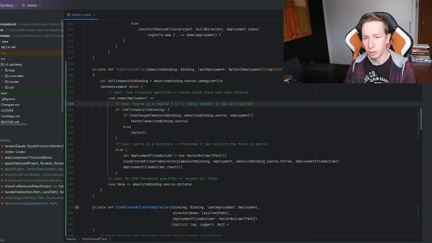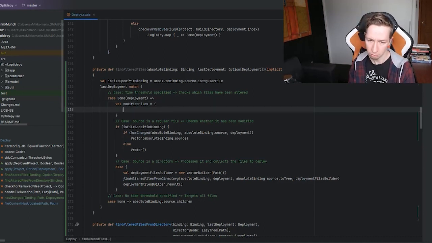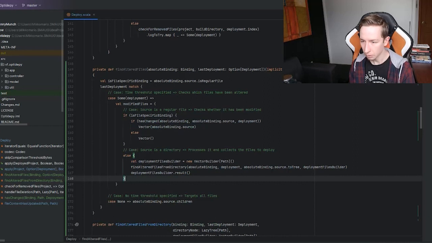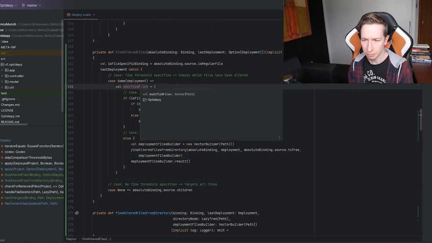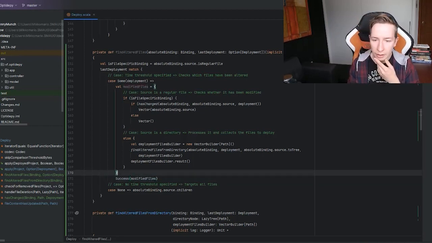So here, let's just store the return value into modified files equals this all stuff. Some line breaks here. Okay, so now we have the modified files vector, and we just return modified files success. And here,